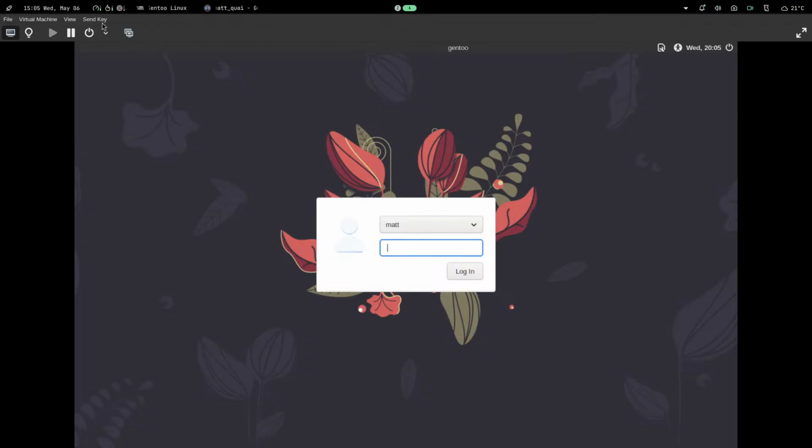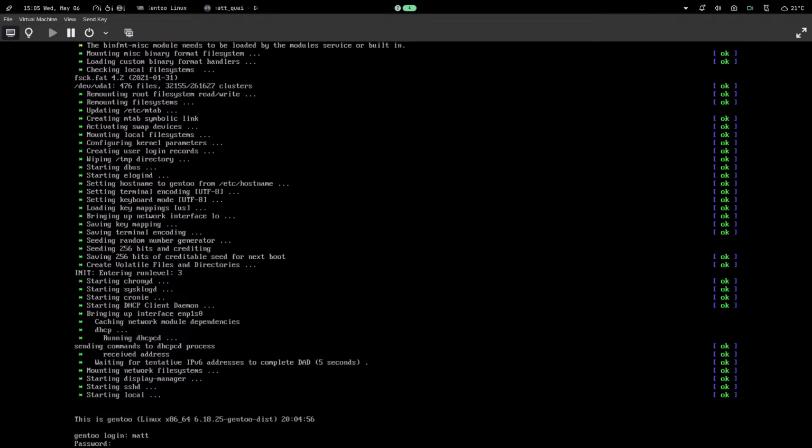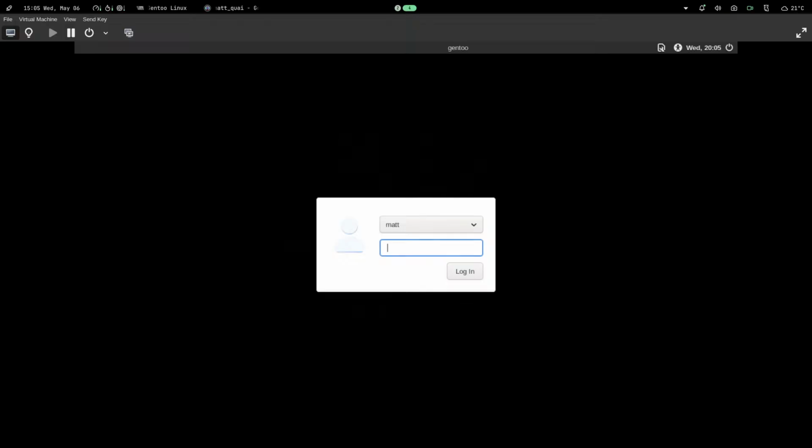Let's leave full screen. Let's send key, Control F1. D-Bus is starting. elogind is starting. If I log in as Matt. Okay. Let's see here. Maybe what happens when I do this? Service display manager restart. Now that I'm logged in,